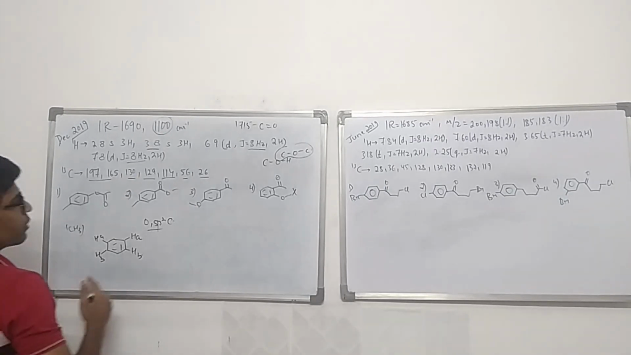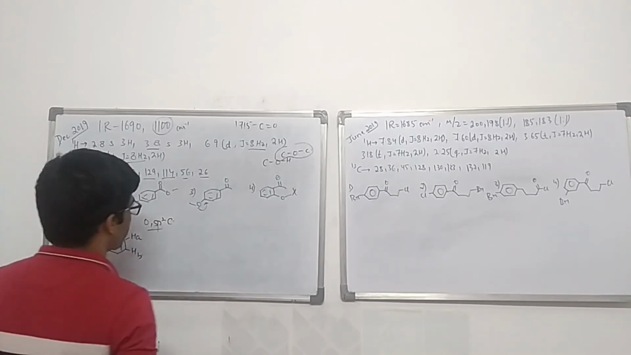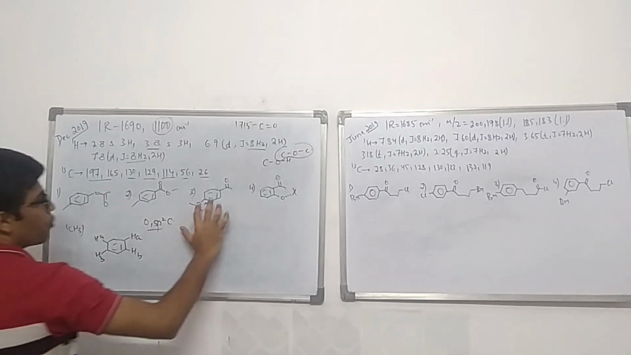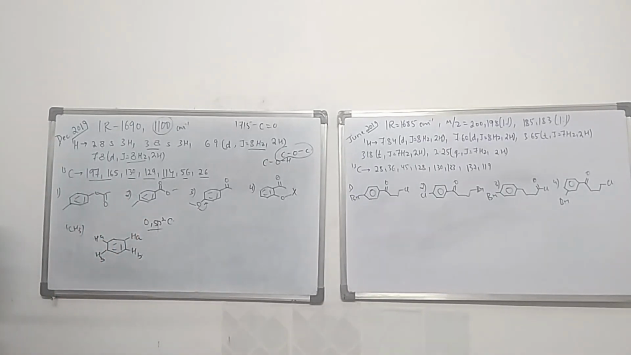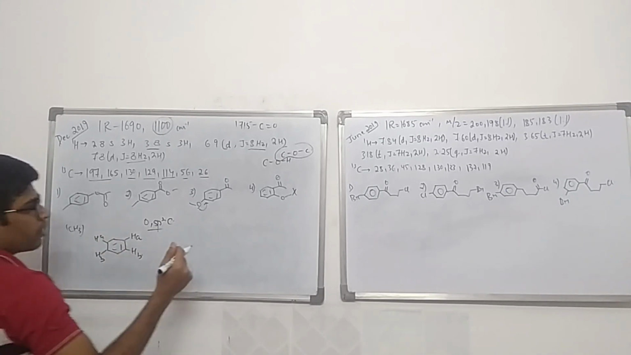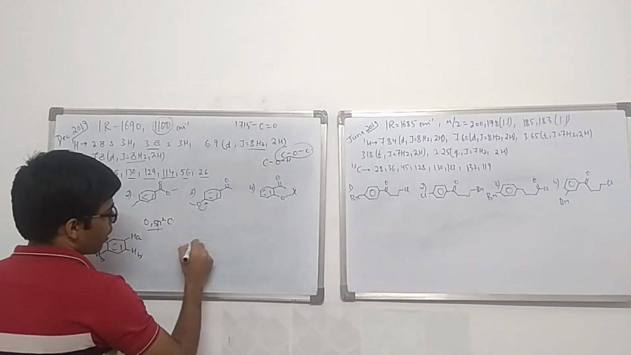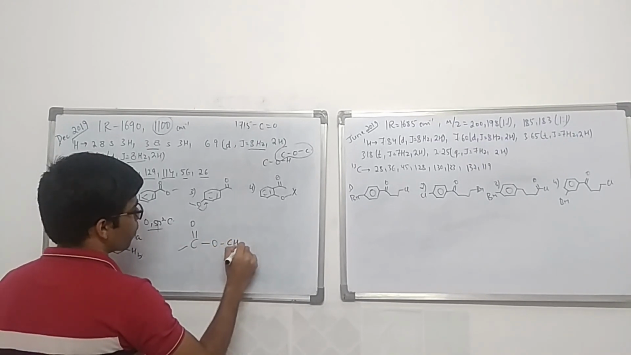So we would expect that due to conjugation, there is a partial double bond character here, and we will have two C double bonded O kind of groups. One more thing, for groups like this, that means ester groups,